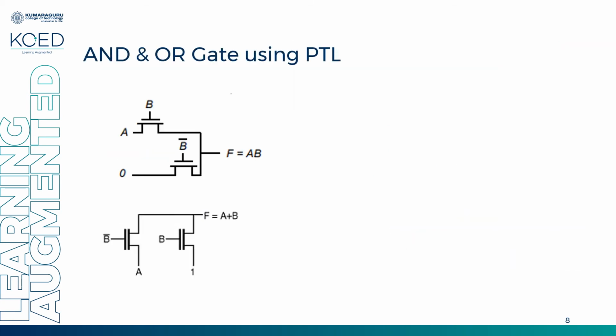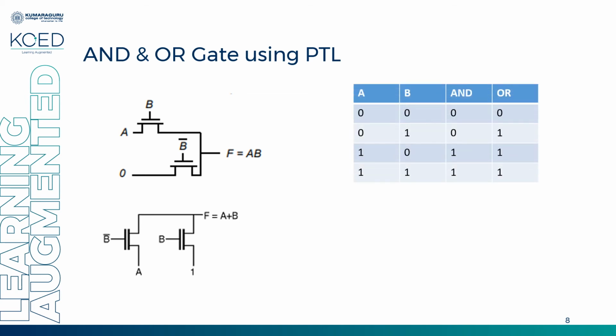So now we are going to see AND and OR gate logic using pass transistor logic style. This is the truth table for AND and OR logic, and this is the circuit that is used. If you are clear with the pass transistor design, you can design the same logic in various different styles. If you are thorough with the actual working of PMOS and NMOS pass transistors, it is very easy, and you can enjoy designing various logics. One way, I cannot say this is the actual circuit, one way of designing an AND gate using pass transistor is this circuit, and one way of designing an OR gate using PTL is this circuit.